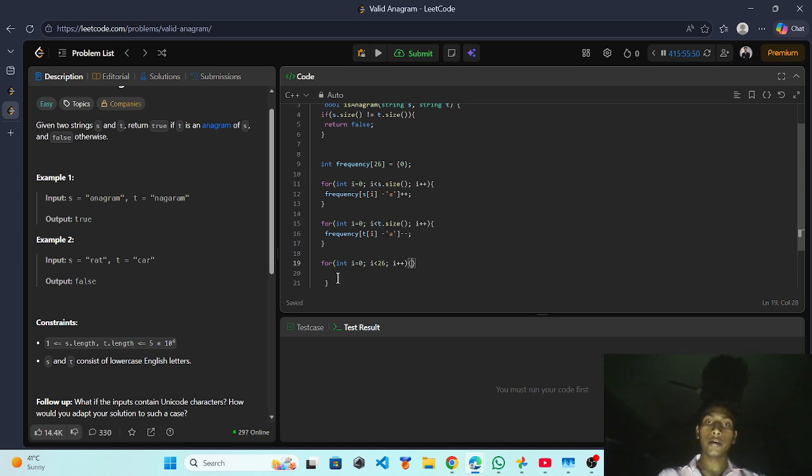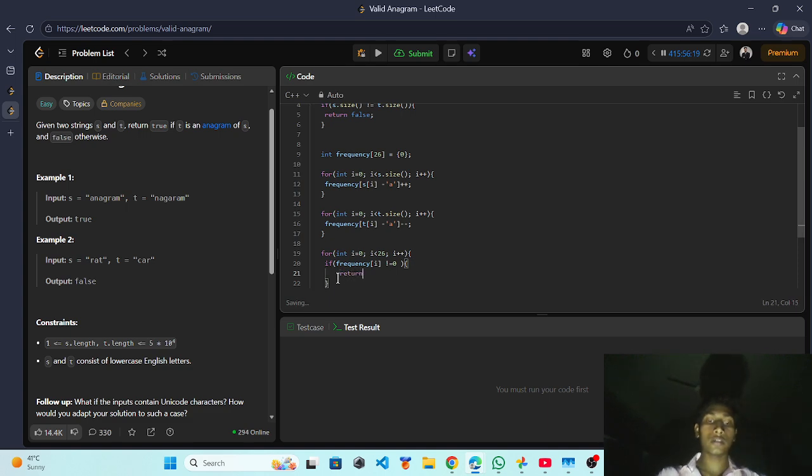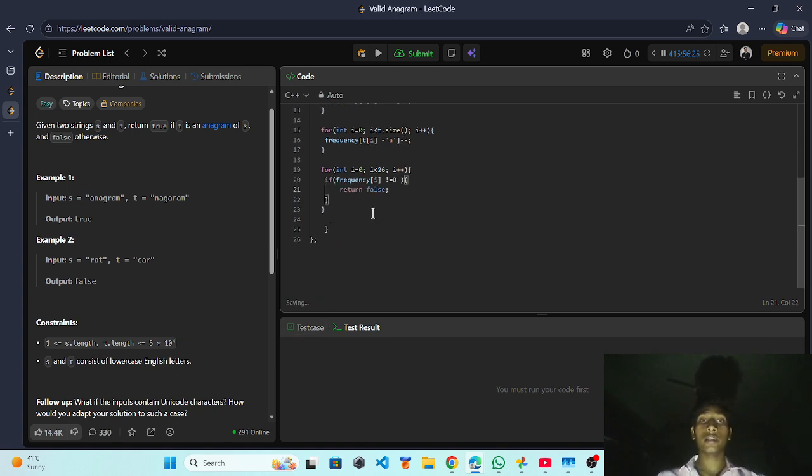And after that we have to write an if condition: if frequency[i] not equal to 0, then it will return false. Okay, and after that finally we have to return true.